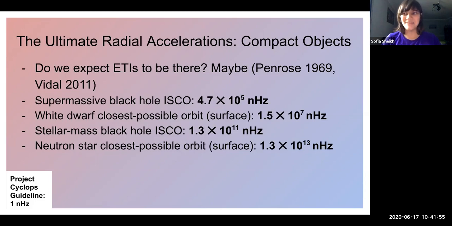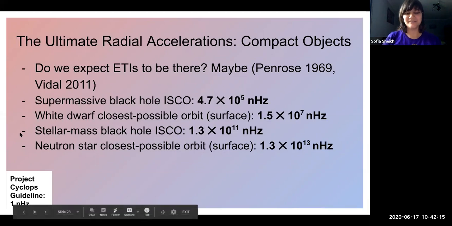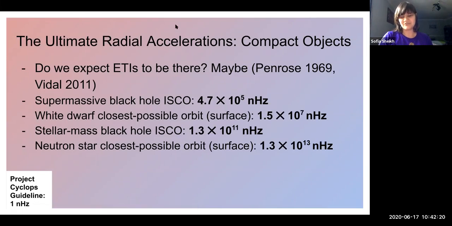So at this point, it starts getting kind of ridiculous because to properly characterize what sorts of drift rates and accelerations you would expect, you have to start doing some really nasty general relativity, and the equation I put before stops working. But as some order of magnitude numbers, if you are in orbit as close as possible to a neutron star, you can get drift rates of up to 10 to the 13 nanohertz,